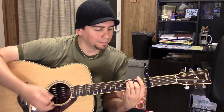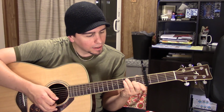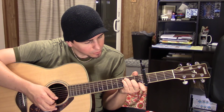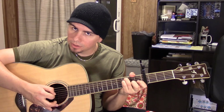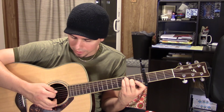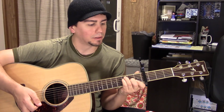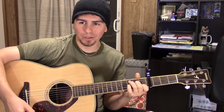If you have trouble with it, you can fudge the F, just playing it this kind of cheater way, I guess, where you just play the highest 4 strings. And you can also do it like this, where you have these 2 fingers up here on the 3s, on the A and the D string, and then you have the rest of the chord laid out with your fingers down here like this. So you're basically only missing out on the low E. I would recommend just playing the whole chord though. So that is a way too long explanation of an F chord, but that's the whole verse. So the verse looks like...